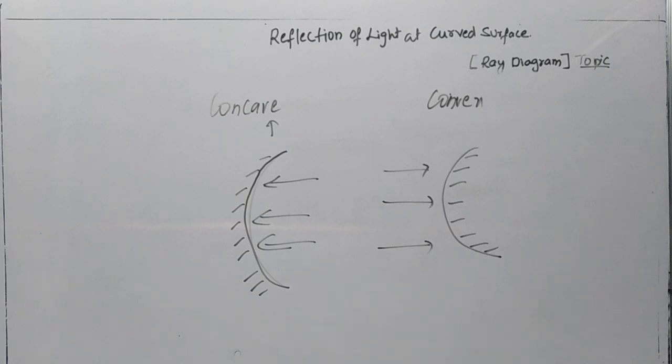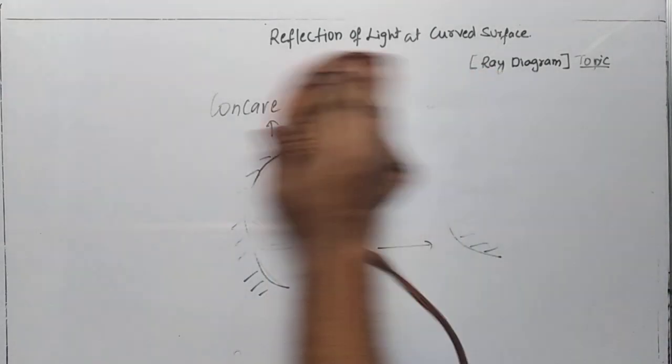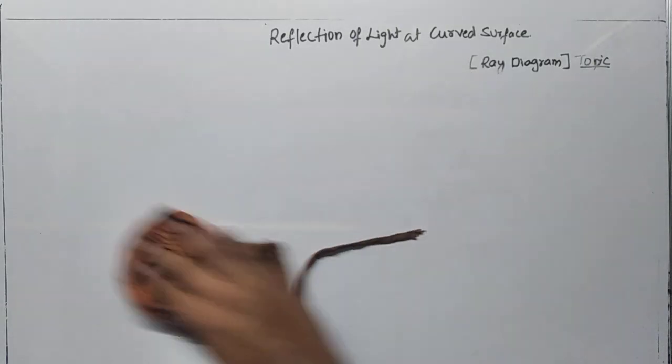Next we will be talking about the rules of how rays get reflected on concave and convex mirrors. You know about light. What is the speed of light? The speed of light is 3 into 10 power 8 meters per second. And as per Fermat's principle, we know that light will take the least time to travel, or it will take a path which takes the least time.